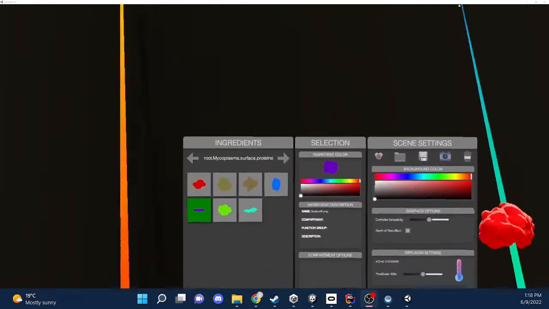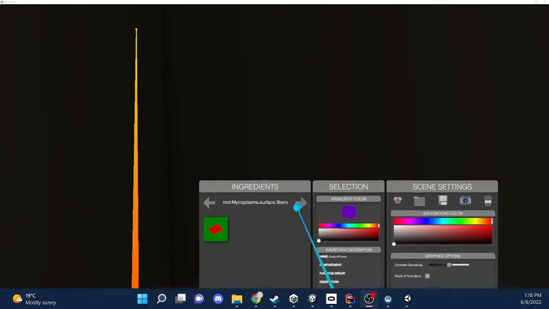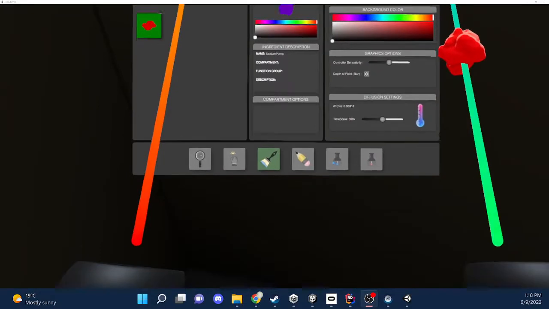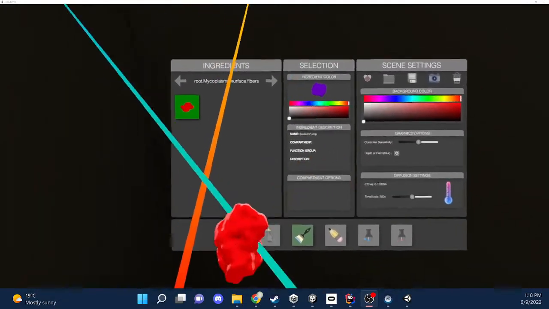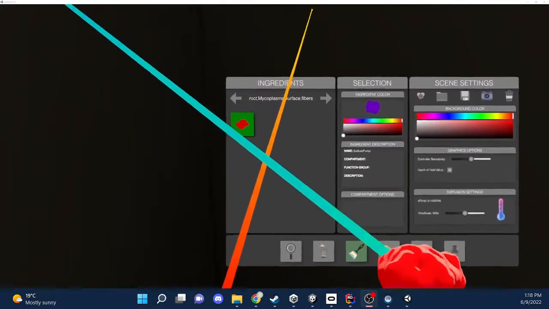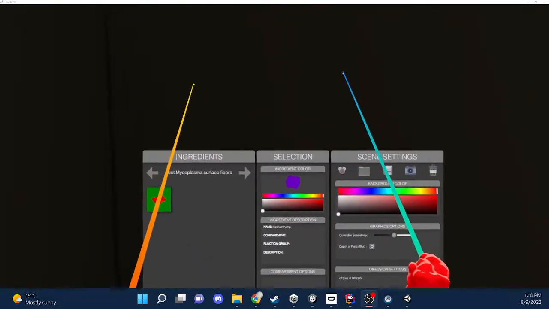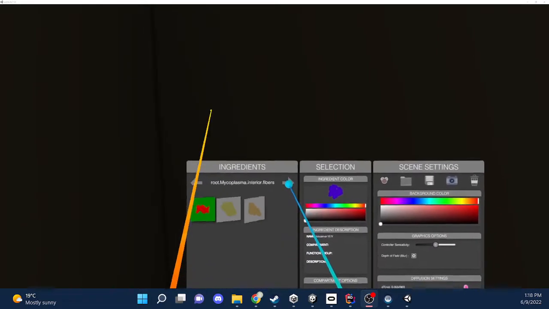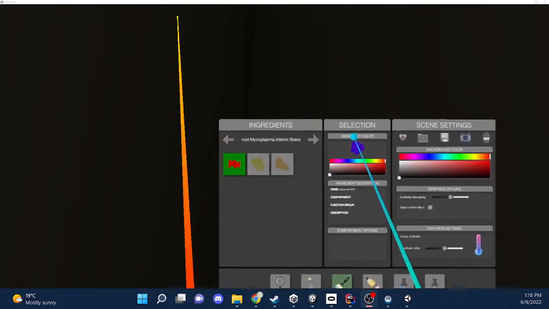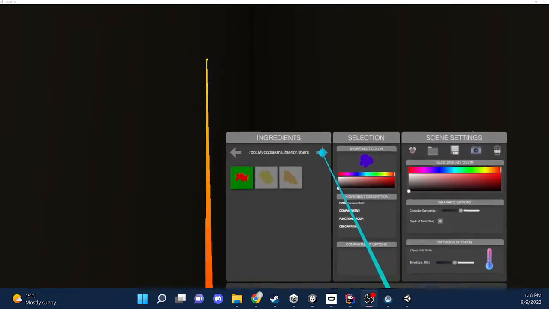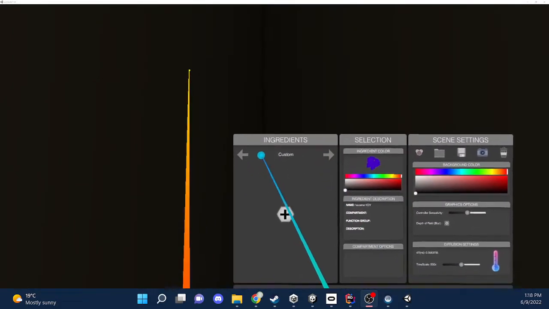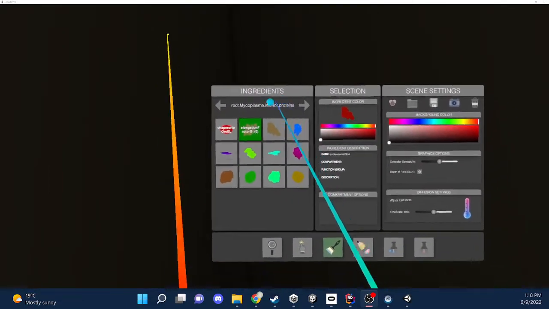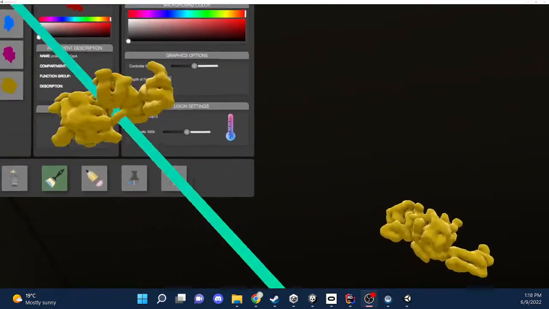So it also gives you a warning when you try to place the inner molecules or the inner, let's say, objects of a cell before the outer membrane. So I would say that it is more updated and more intuitive to work with. For some reason, all of these can be placed regardless of whether they're interior or exterior